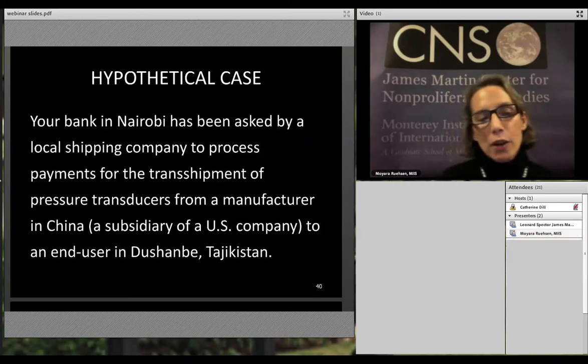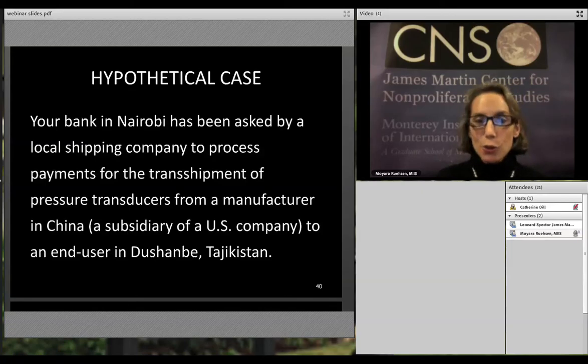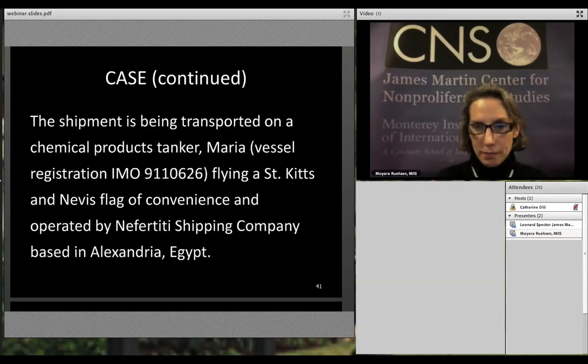So here we have a case where your bank in Nairobi is being asked by a local shipping company to process payments for some pressure transducers, which we now know is a dual use item, from a manufacturer in China. But I should point out that this is a subsidiary of a legitimate US company with a good reputation, to an end user in Tajikistan. The shipment is being transported on a tanker that normally carries chemical products, and it's operated by this Nefertiti shipping